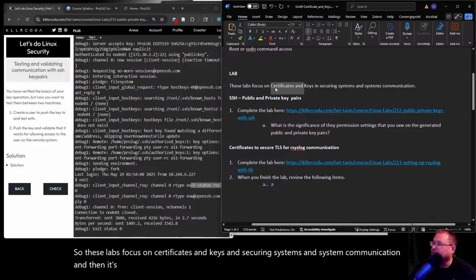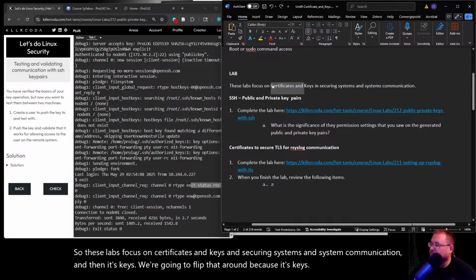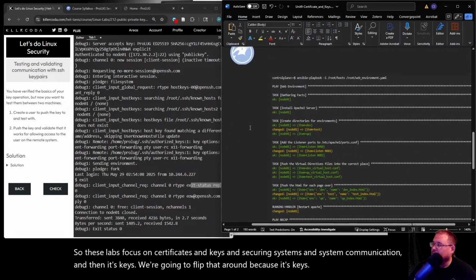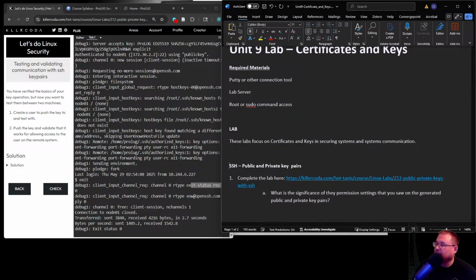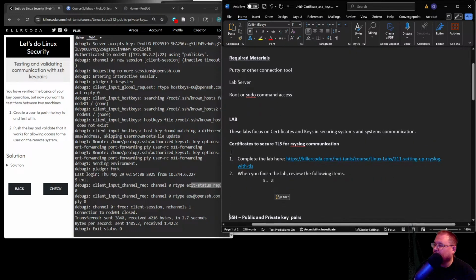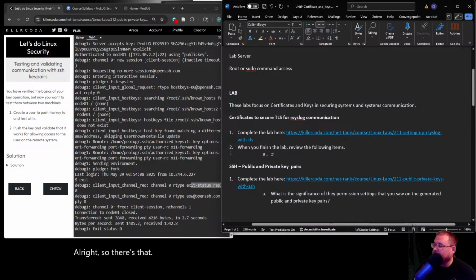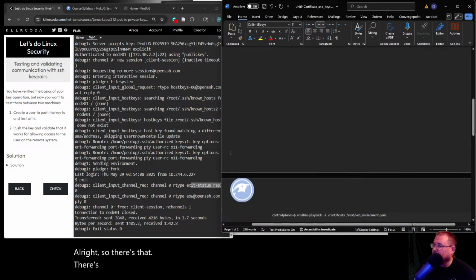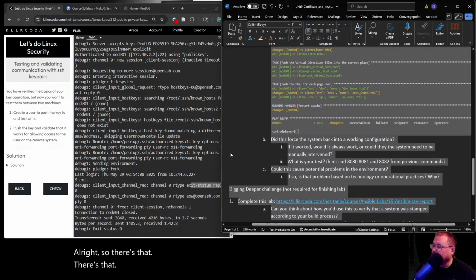We're going to flip that around because it's keys. All right, so there's that. There's that. And then all the rest of this is